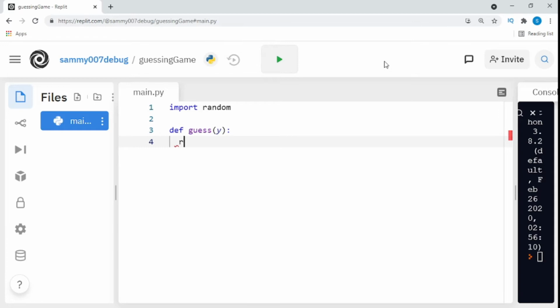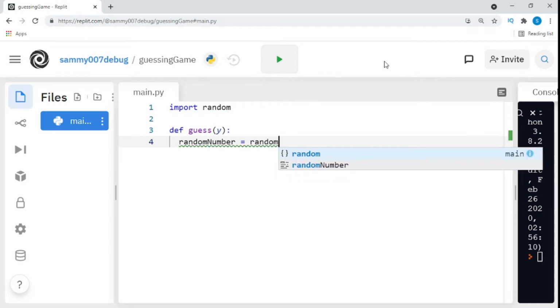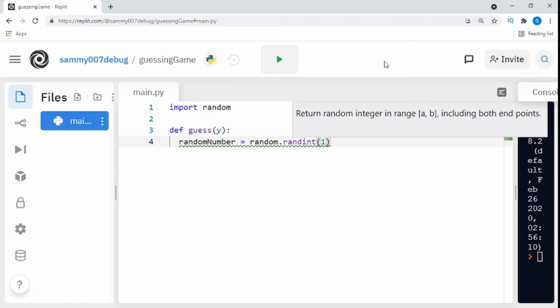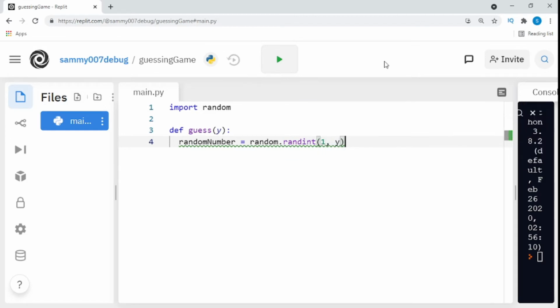What we do next is create a variable called random number. We'll set that equal to our random module we just imported, the randint. Inside here, we'll put 1 and y. Now we'll create a variable called guess and set it to 0. What we do next is create a while loop, and we'll say while guess is not equal to our random number,